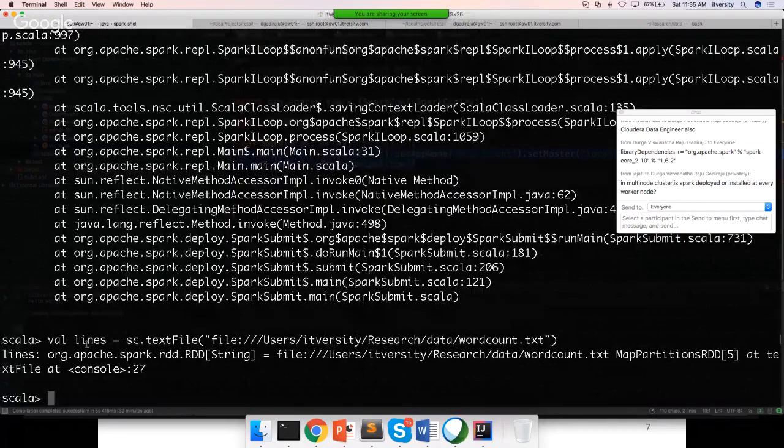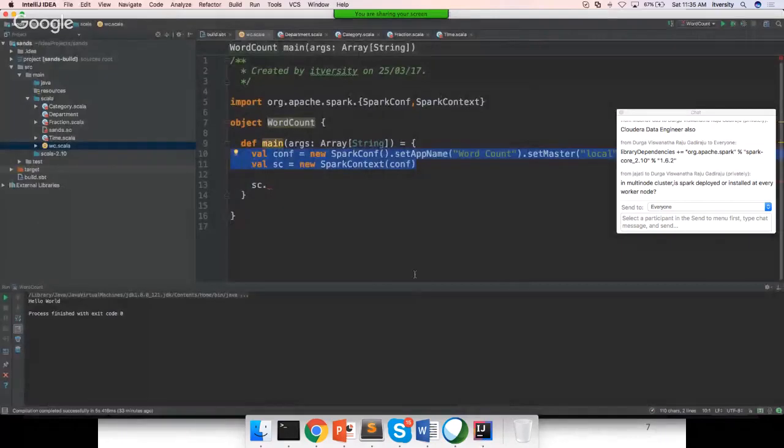to read files from the local file system. Here I am using this one. So